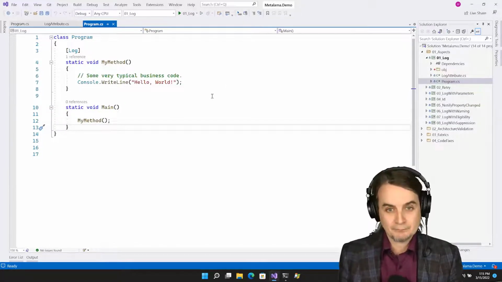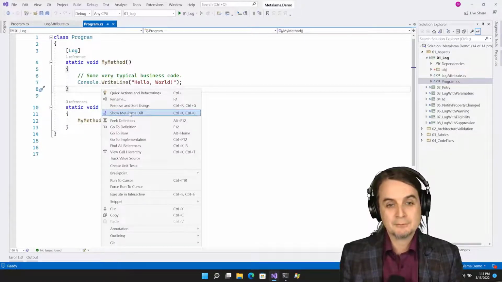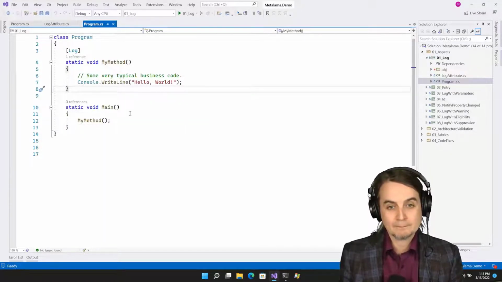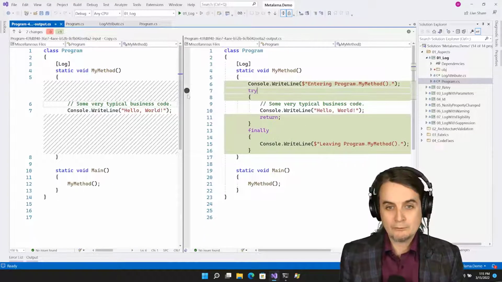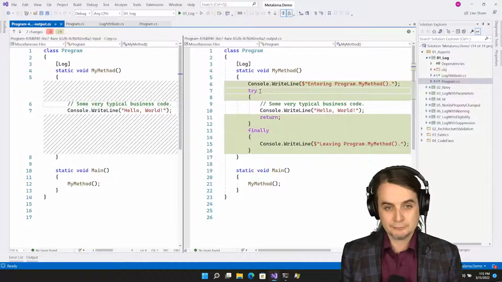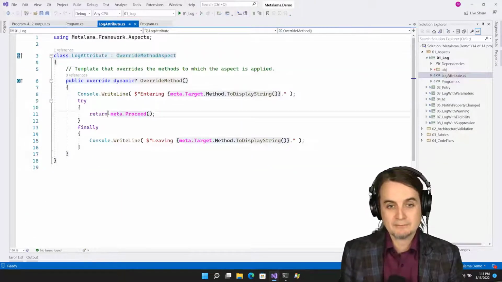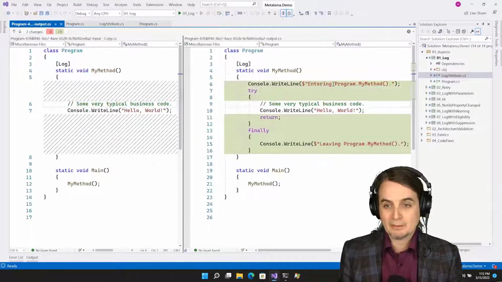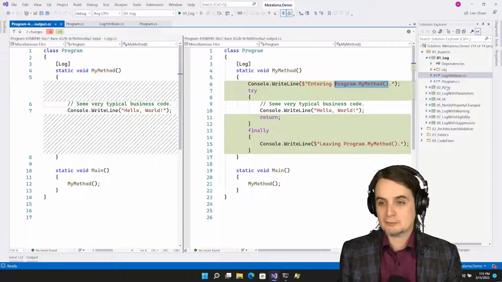Very often, instead of debugging a method, it is very useful to go and preview the code, compare the source code with the code that is going to be executed. So here you can see immediately, and you can compare very easily the template, and you see meta.proceed has been replaced, and here these were the expressions, the compile time expressions that were replaced. So that was the first example.